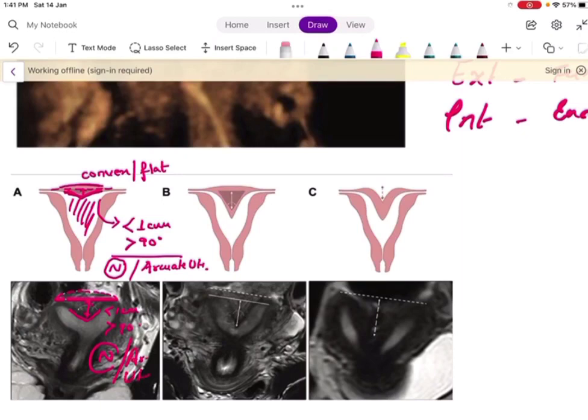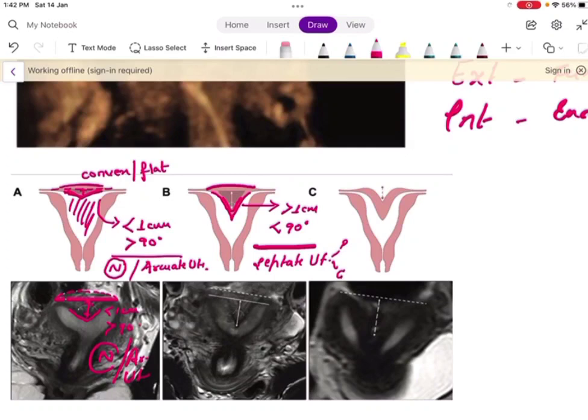In the next picture, the external fundal contour is again absolutely normal, but we can see there is more internal indentation. Here the internal indentation is more than 1 centimeter, and this angle is less than 90 degrees. This is typical of septate uterus, which can be either partial or complete, with the septum extending up to the